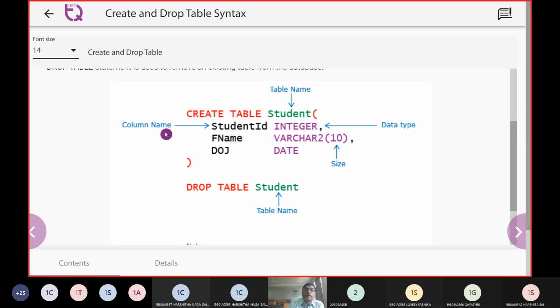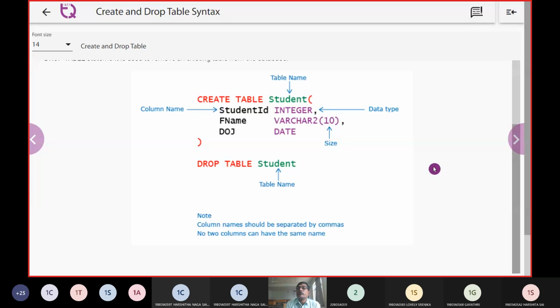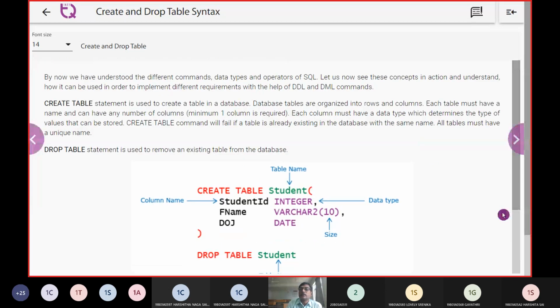Student ID is the column name, integer is the data type, and 10 is the size. Whatever table we created, we can drop: drop table followed by the student name. This is regarding the first. Next one.